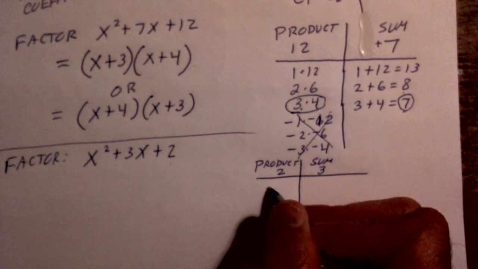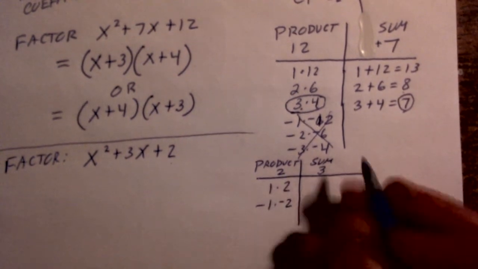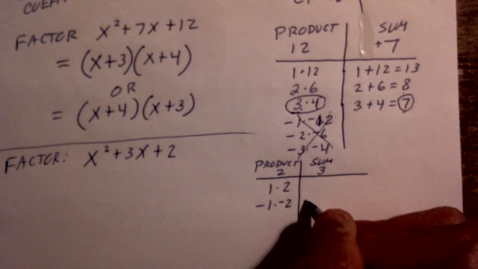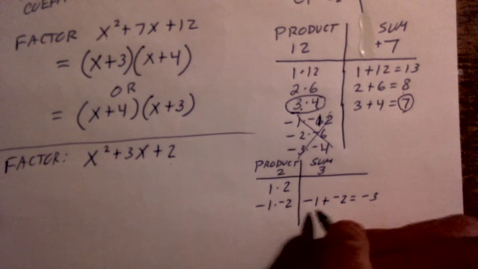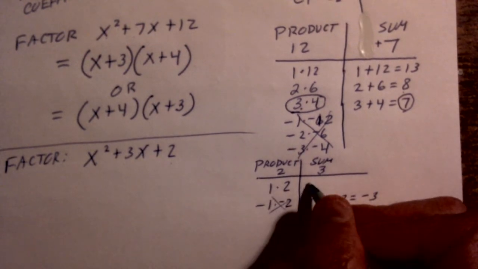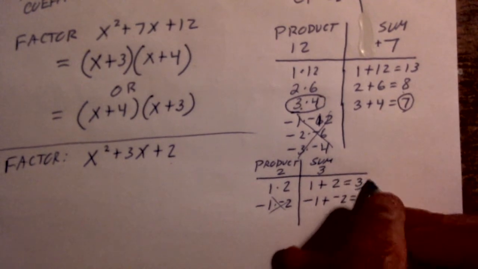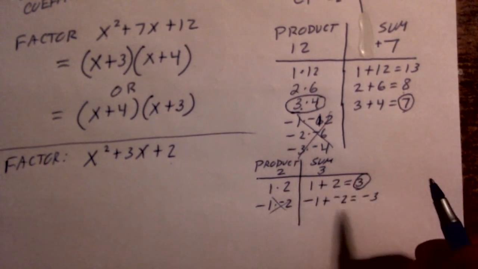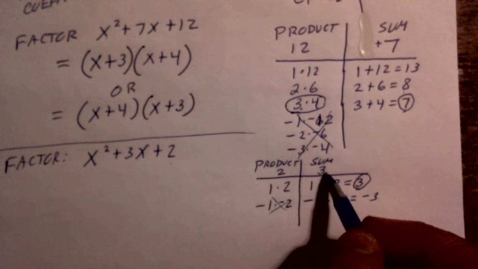positive 3. The only factors of 2 are going to be 1 and 2 and negative 1 and negative 2. But negative 1 and negative 2 do not add up to our middle coefficient of positive 3, so these don't work. The only ones that work are 1 and 2. 1 plus 2 does add up to our middle coefficient of positive 3. So the only factors of our constant term positive 2 that sum up to the middle coefficient of 3 would